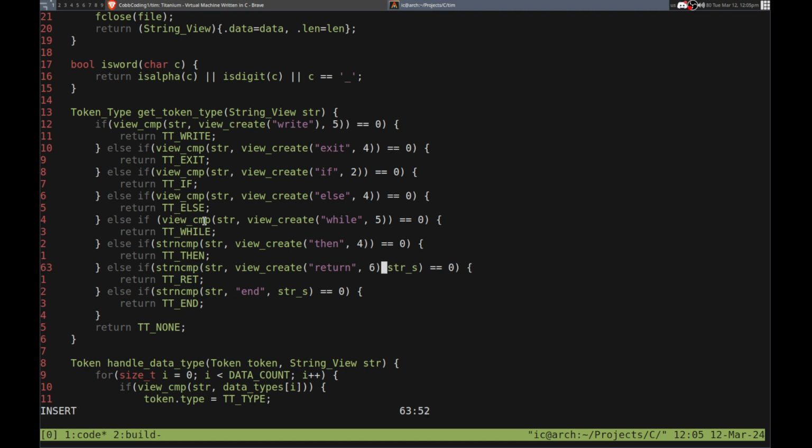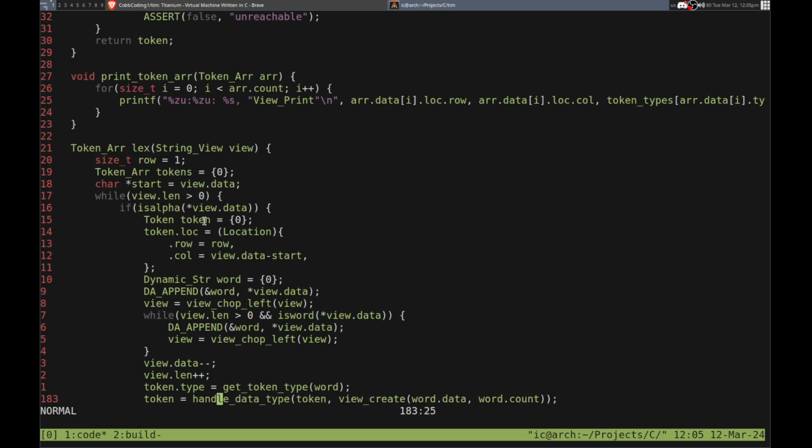Alright, last one. I think it's actually not going to work because it's a different data type, so I need to cast it. So not cast it, but create from it. And so what we want to do is we create word